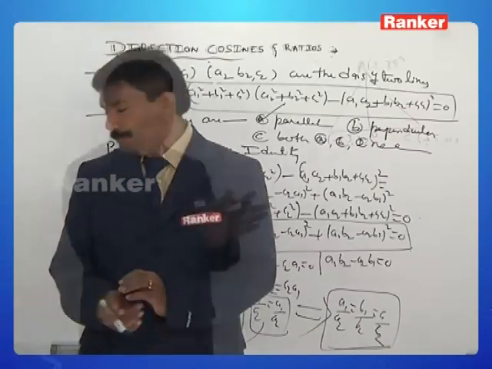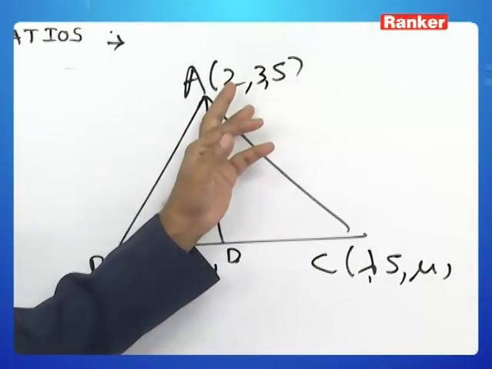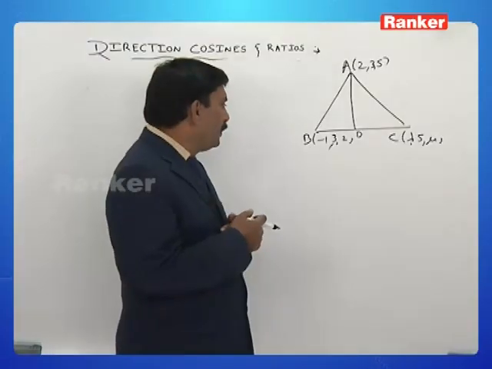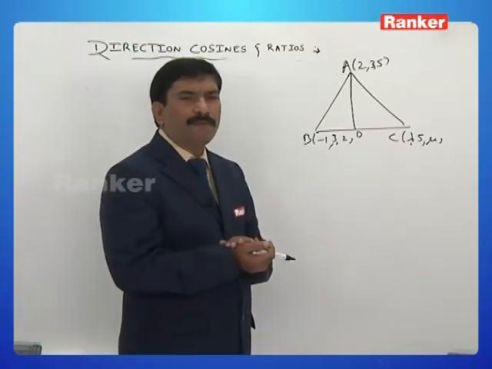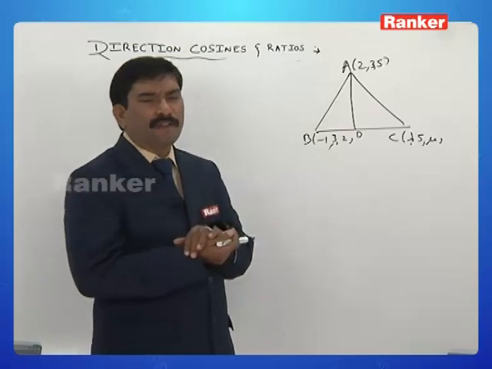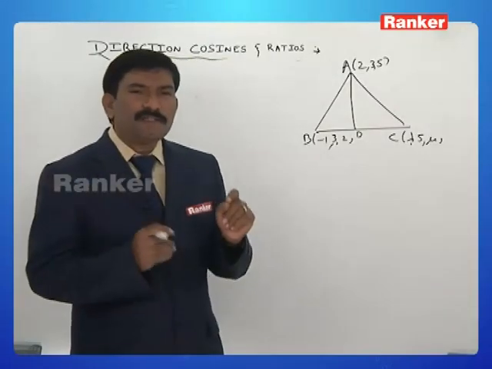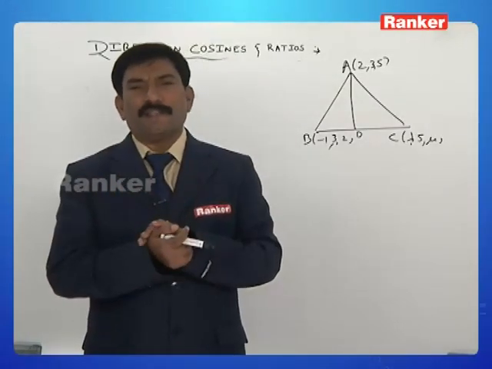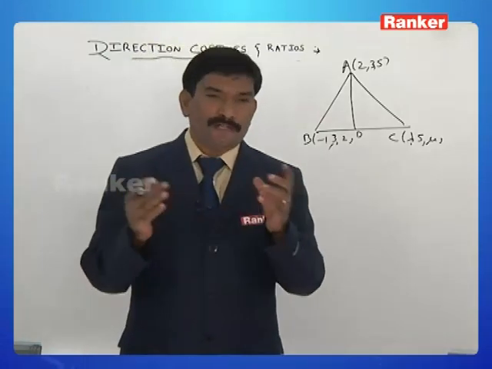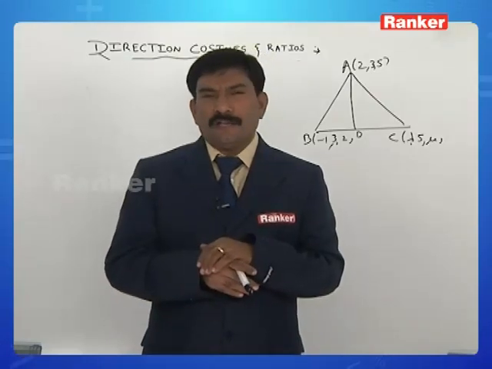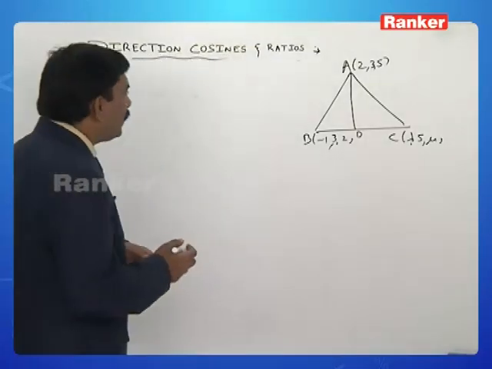In a triangle ABC, A of (2, 3, 5), B of (minus 1, 3, 2), C of (lambda, 5, mu) are the vertices of a triangle ABC. If the median through A is equally inclined with the axes, then find the value of lambda, mu. So equally inclined means the angle between them is what? Same. So therefore now I can write